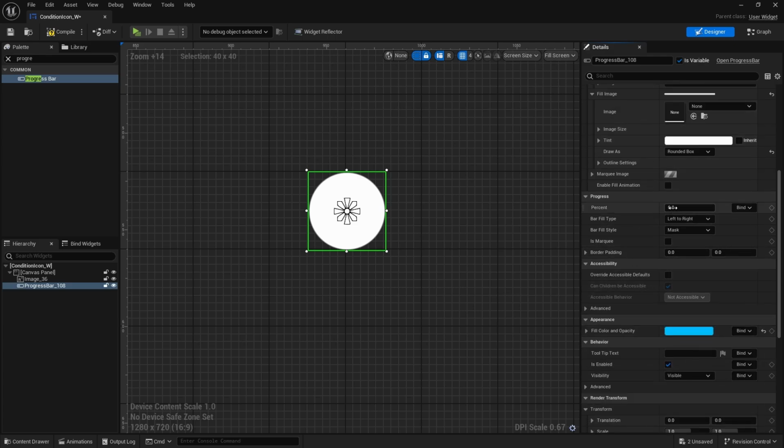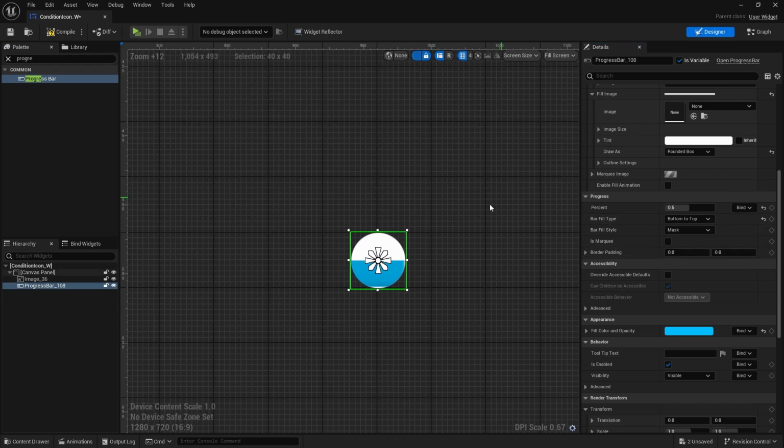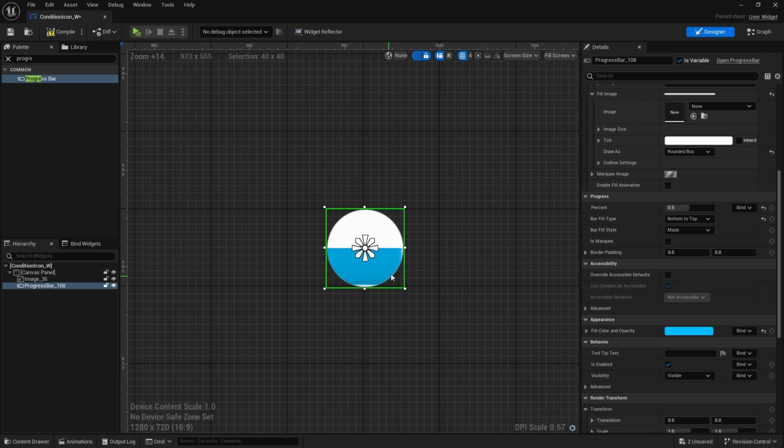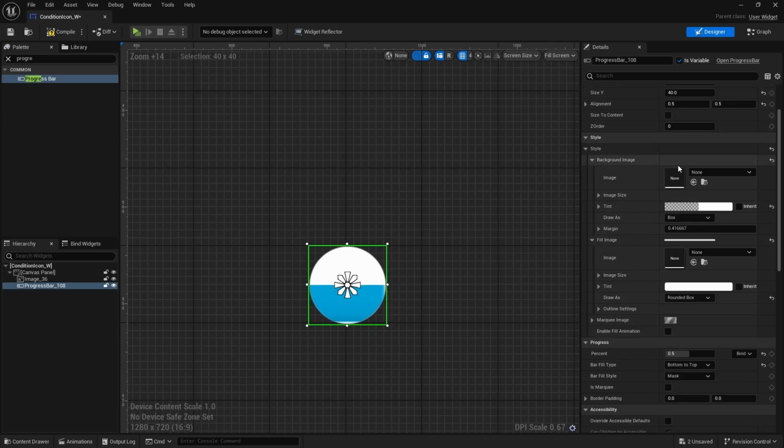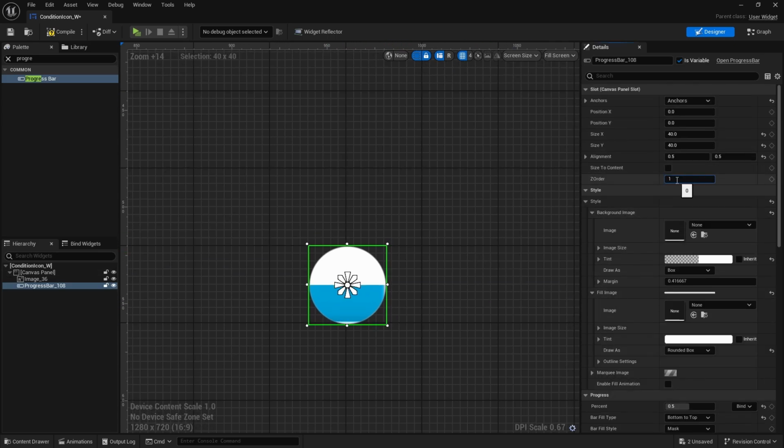So now when you change the percent to 0.5, we like this. We will change it from top to bottom to top, and then we'll flip it around. Don't worry about this showing through, we will change it after. Just change the Z order to 1,